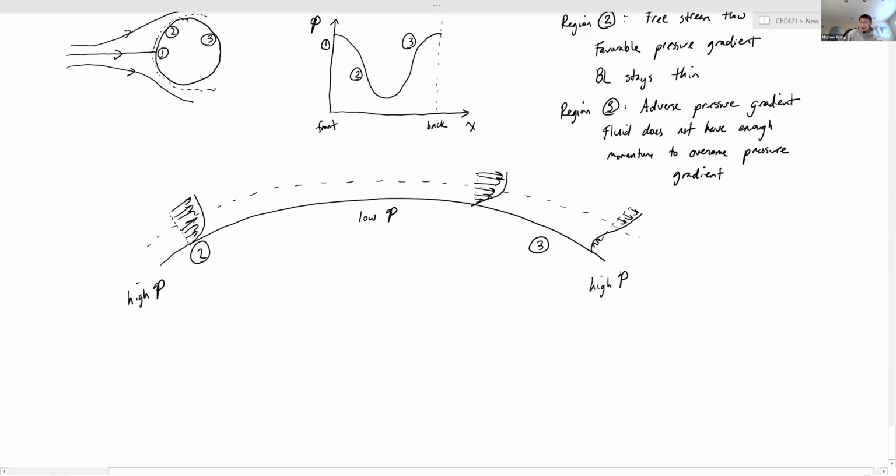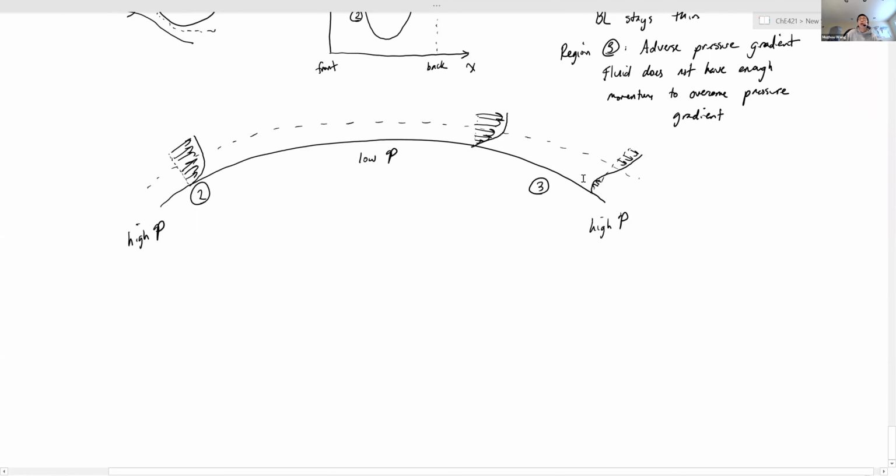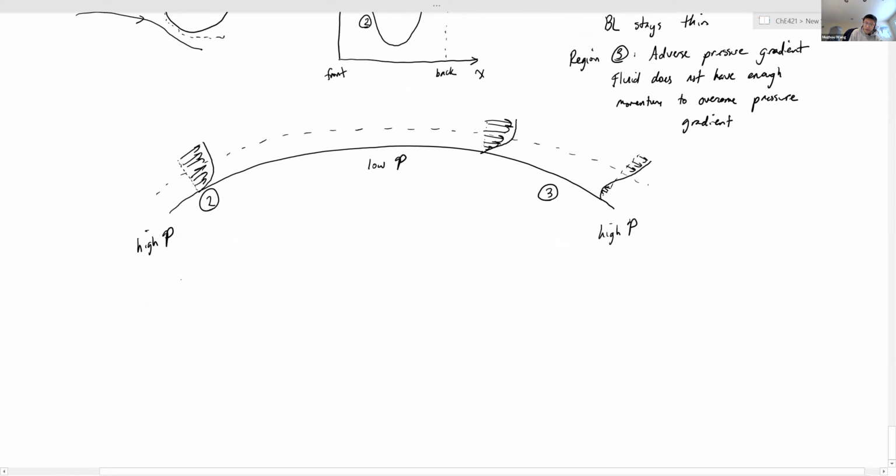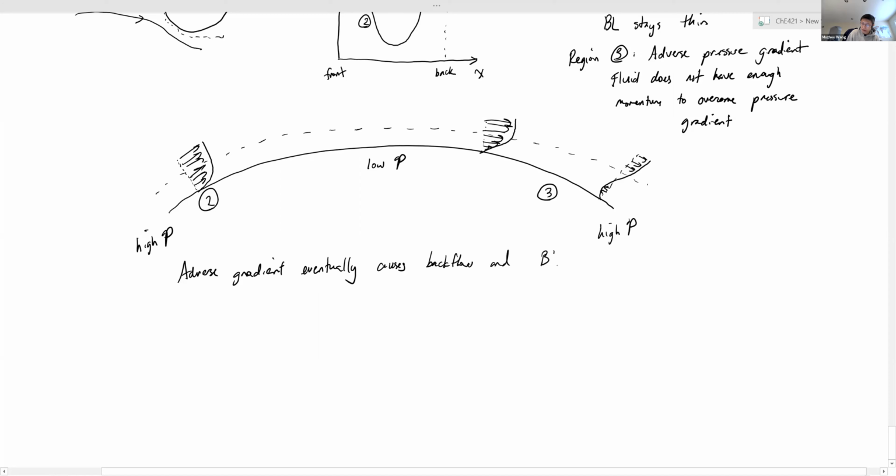Okay. And this backflow is when we start getting boundary layer separation. Okay, and so let me just write: an adverse gradient eventually causes backflow and boundary layer separation. And once you have boundary layer separation, then you actually just lose the qualitative phenomenon that